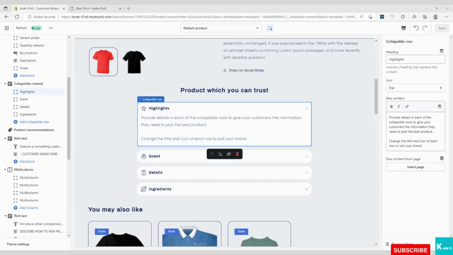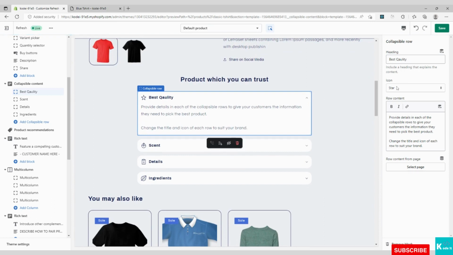So now let's make change over here. I'll say best quality. Now let's give it an icon. So we can give icon of like shirt. So now you can see the heading over here and the icon of shirt also is shown at the left side.